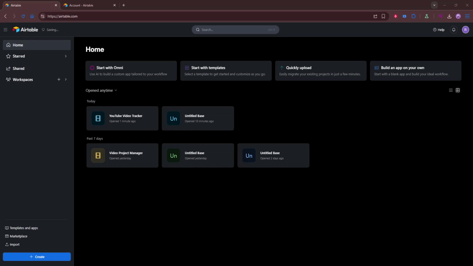In today's video, I'm going to teach you how to turn an Airtable base into a reusable template. If you've built a base that works well and you want other people to use the same setup, creating a template is a great way to save time and keep things consistent. The goal here is simple. You'll keep the structure that makes the base useful while removing anything that should not be included before sharing it